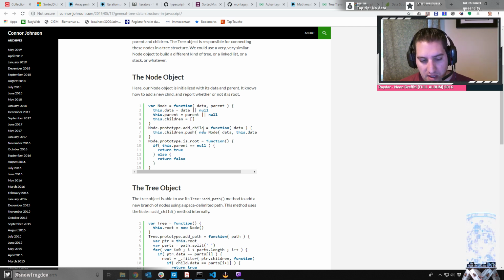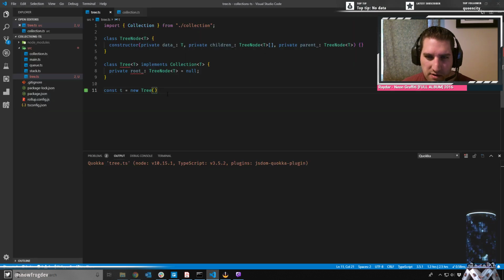Because I'm thinking that if you do a search, boom, you're given a node, you're returned a node. Well, really you shouldn't, right? If I do, how do I want this? I don't want to have to deal, if I have a tree, I don't want to have to deal with nodes. I want to deal with my collection, and I want to be able to, if I want to,